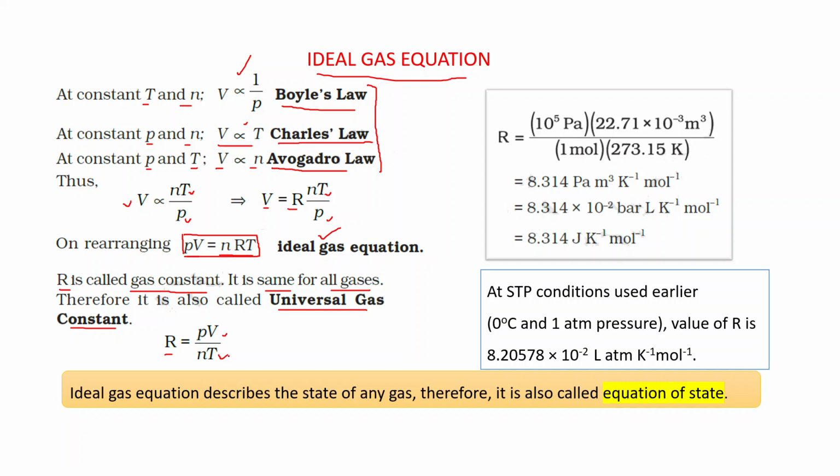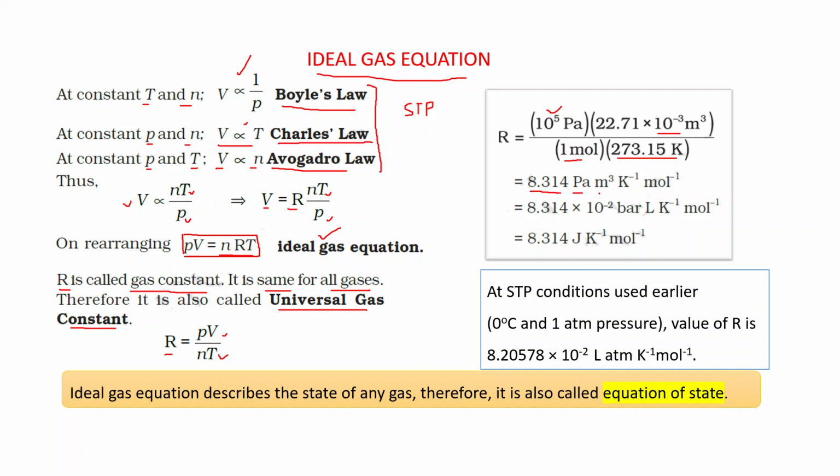Now, what is the value of this R? To find out the value of R, we consider the STP condition, that is, standard temperature and pressure. Pressure is 1 bar, which is equal to 10 to the power 5 Pascal. Volume of 1 mole of gas is 22.71 liter. Convert this into meter cube, and you will get 22.71 into 10 to the power minus 3 meter cube. And n is equal to 1, that is 1 mole, and temperature is 273.15 Kelvin. If we solve it, we will get